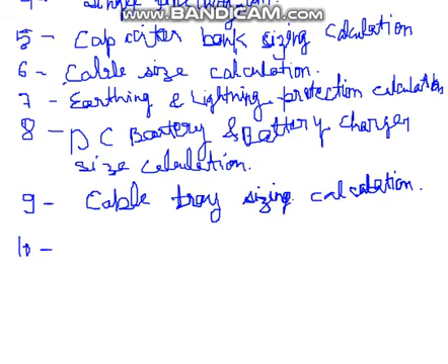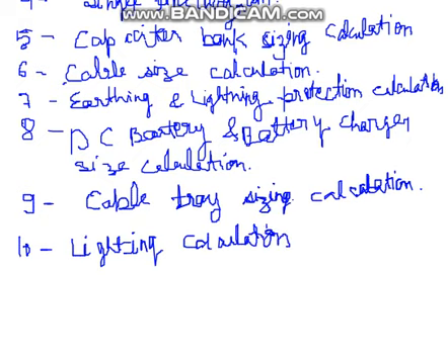The next thing is the lighting system calculation. Don't be confused between lightning and lighting. Lighting calculation means how much light is required in the plant for successful operation by personnel and to make things visible. For that we do the lighting calculation inside the room, inside the building, and outside the building overall. So in this video we have discussed 10 documents.